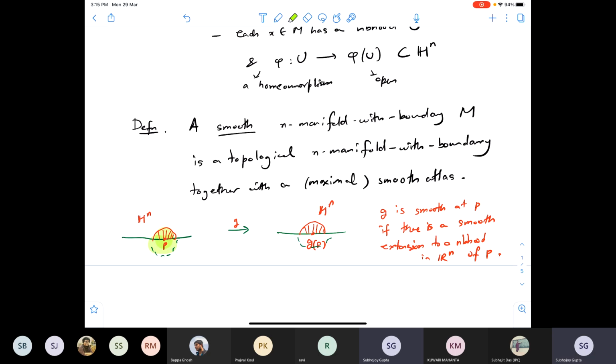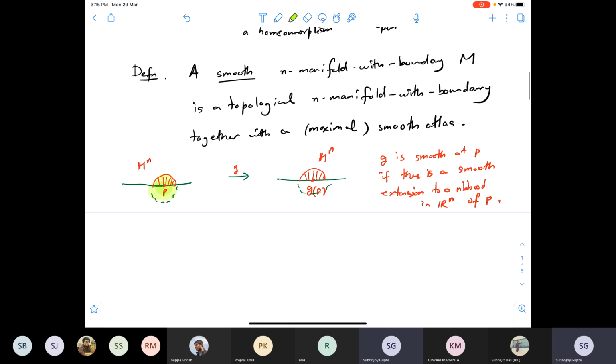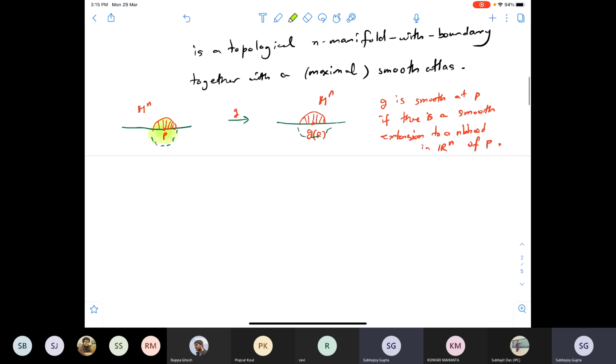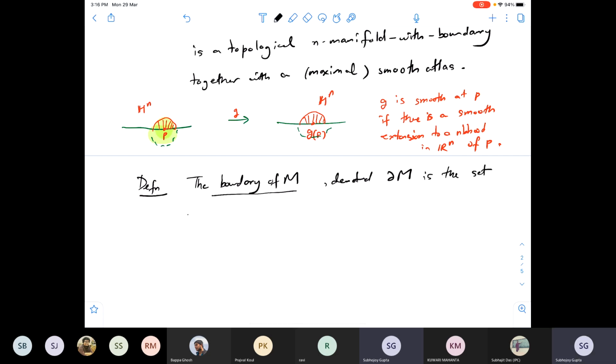Okay, right. So in any case, this is sort of the definition of a smooth manifold with boundary, and here I should also mention that there is a boundary of M. This is a special subset of such a manifold with boundary. The boundary of M, denoted by boundary M, is the set of points of M such that some chart,